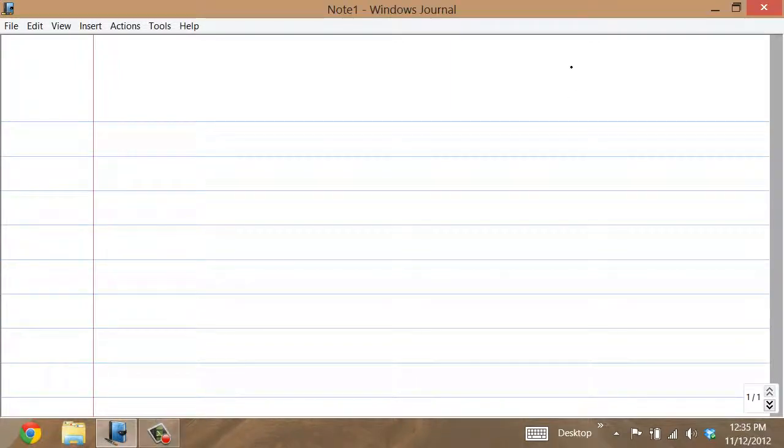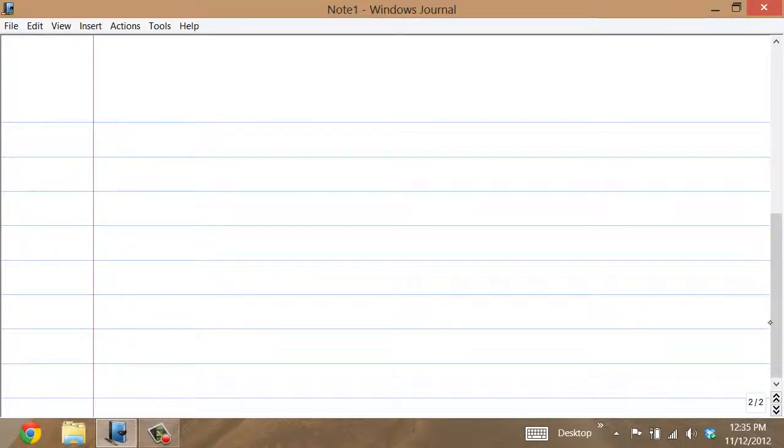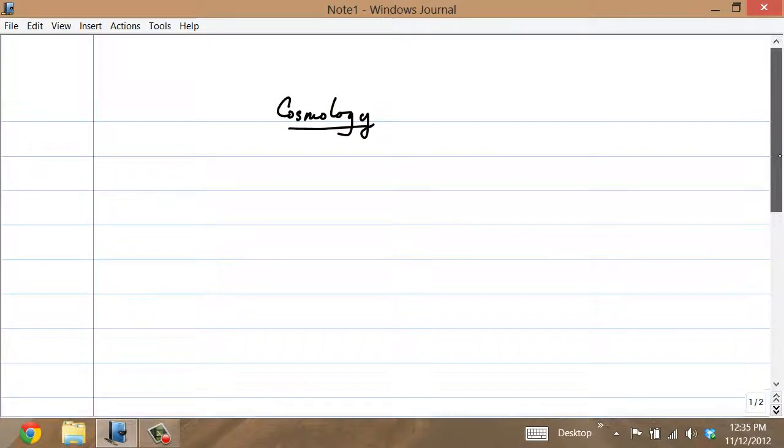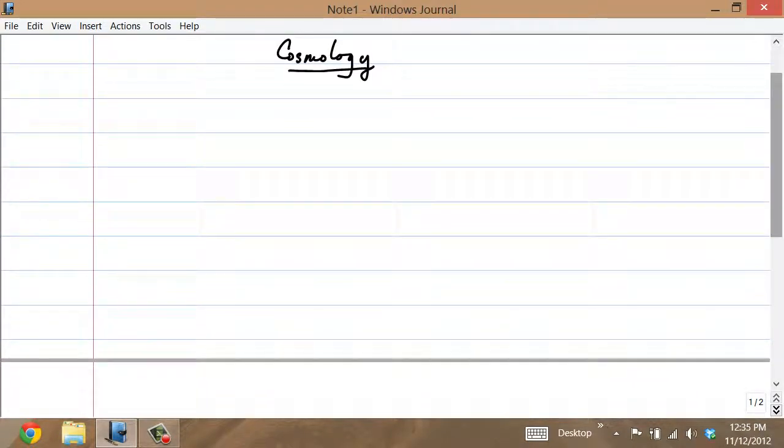Okay, let's go ahead and get started. So today I wanted to finish up our discussion of cosmology. So let me remind you of our basic starting point for the theory of cosmology, which is the FRW equation,